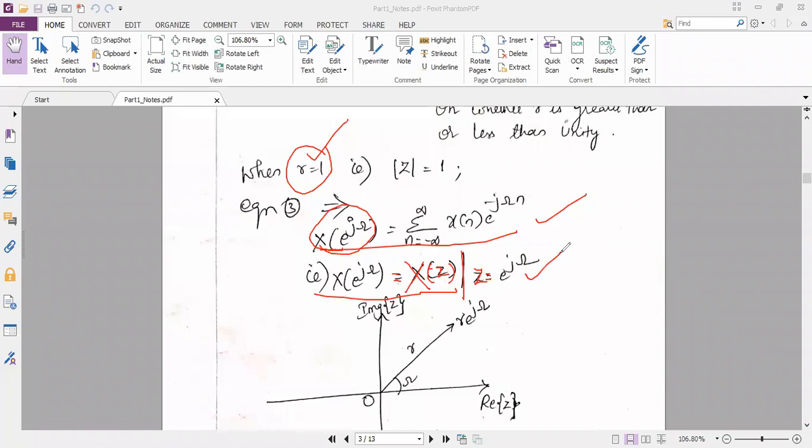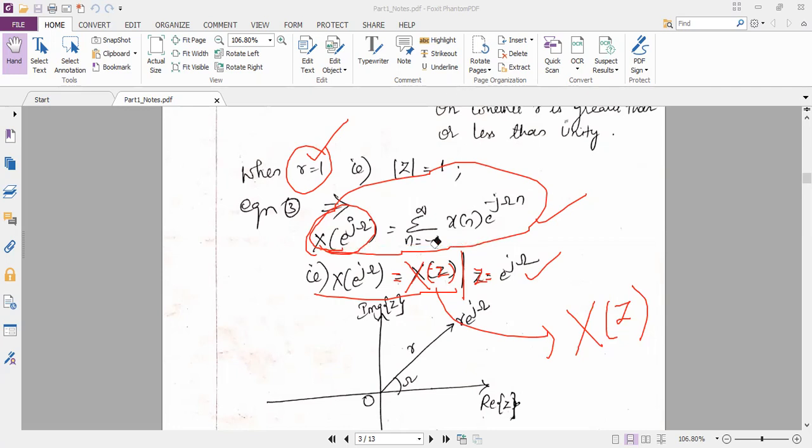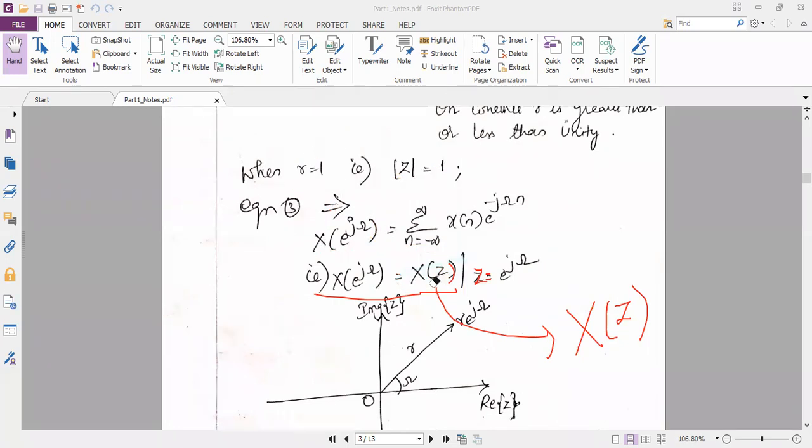Sometimes in the exam, they will ask you to find out DTFT. So you can find DTFT using the formula of DTFT. Later, they will ask you to find out the Z transform, that is x of z. So this is the hierarchy. After finding the Z transform, they will ask you to find out DTFT. So tell me how to convert this x of z into DTFT. I have written the condition here. This is the condition to be applied.